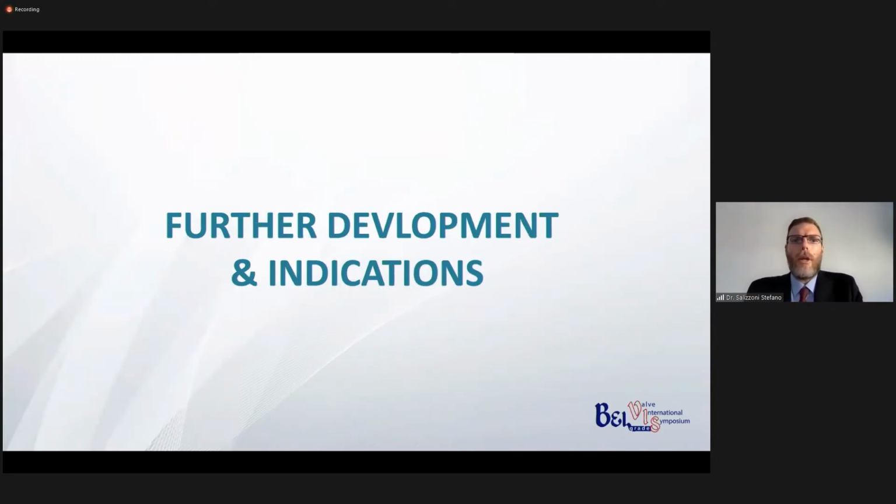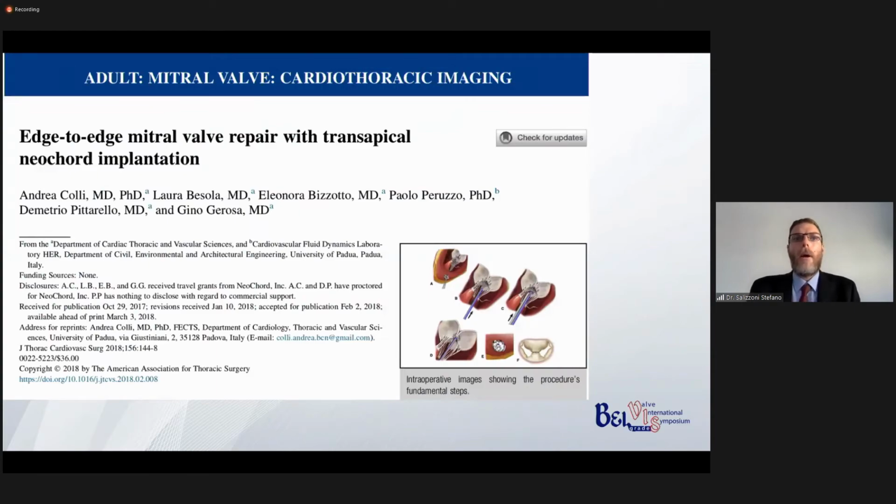What can we do in the future? For example, can we have different indications, not just to treat the prolapse of the posterior leaflet? Well, Dr. Colli demonstrated the feasibility of an Alfieri stitch and an edge-to-edge mitral valve repair with the Neochord. It's not an easy procedure for sure, because you need to release the cord exactly at the same level of the anterior leaflet and posterior leaflet, not to destroy the valve and then have regurgitation. But this is very interesting because